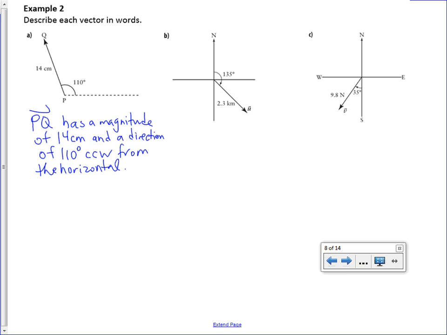In B, notice the way they've named this vector. They don't have a tail and head labeled with capitals. They just have a lowercase letter, so that's what we have to call it. We're going to call it vector u. The same way, it has a magnitude of, in this picture, it's obvious the magnitude is